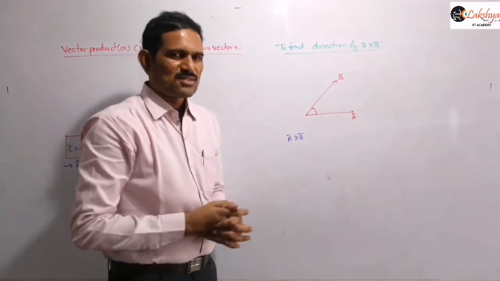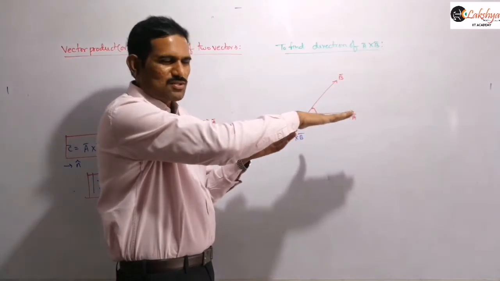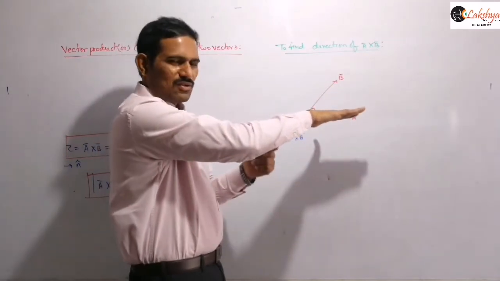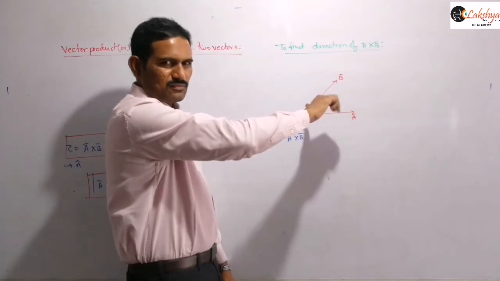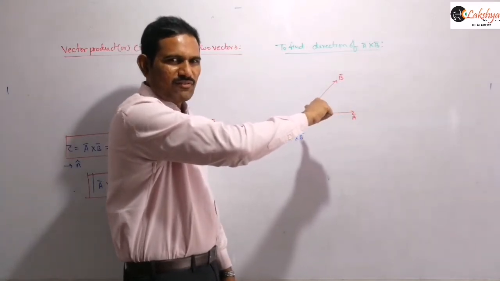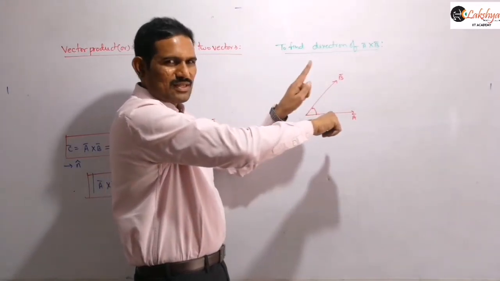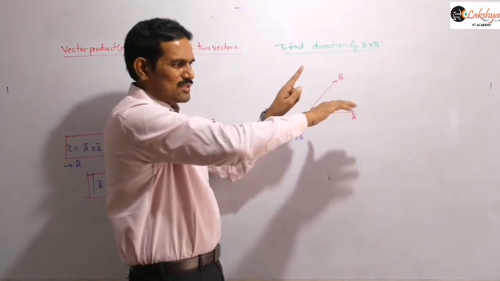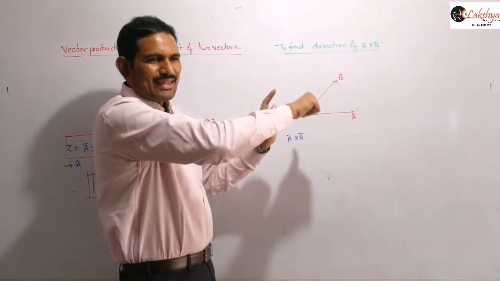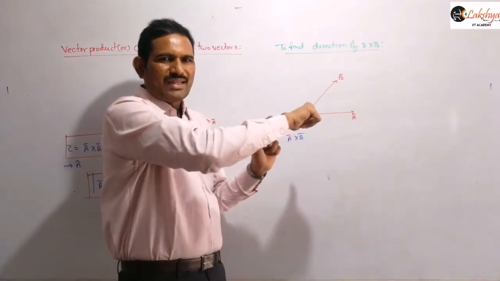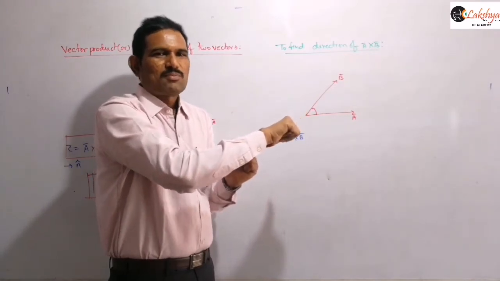Now, parallel to the first vector means, suppose I am placing the four fingers like this, also parallel to the first vector only, right? But when I close these four fingers, are they moving towards B bar or away from B bar? Now they are moving away from B bar. B bar is above this A bar, but when I am closing the four fingers, they are moving away from B bar. Then this is not the correct position for finding the direction. That means the thumb doesn't give the direction there, so that is the wrong position.